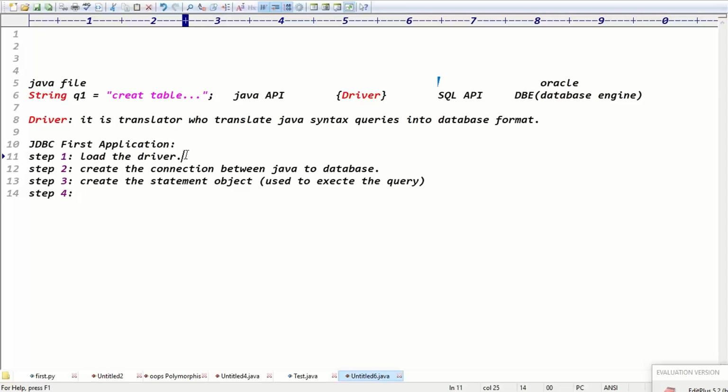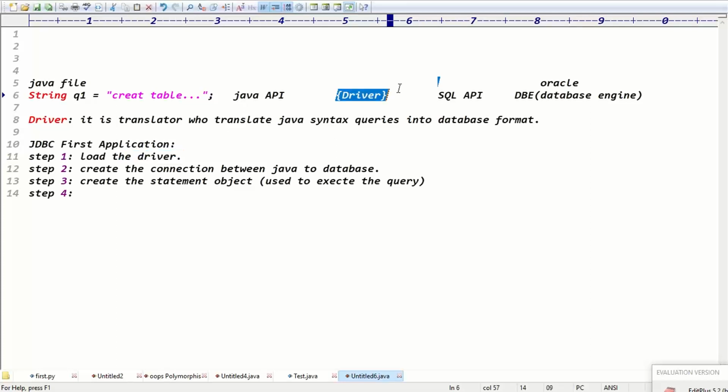Load the driver means I will show you the internal code also, how the driver code is implemented and all. When I show it, it is definitely not required, but important. As a real-time employee, you have to know how to check the predefined support and how to process the data, right? So for every step I will clearly explain some internal points also. Don't confuse, try to understand those internal points also, guys. The first step is load the driver.